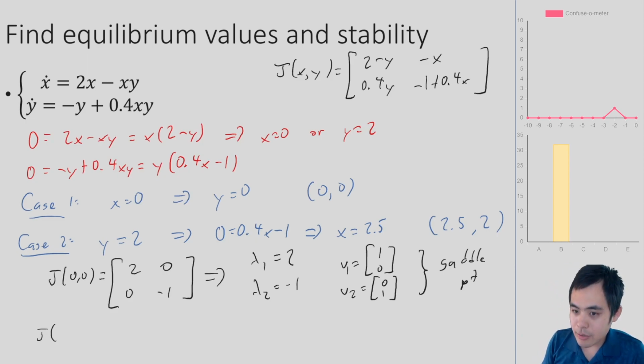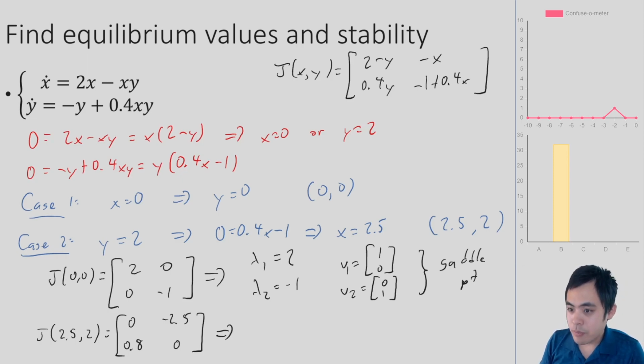And let's take a look at J of (0, 2.5). So this is the other equilibrium point. You get 0, minus 2.5, 0.8, and 0. If you actually solve this out, I'm not going to go through the full process, but you end up getting lambda squared plus 2 is equal to 0, and lambda is equal to plus or minus i times the square root of 2. So this is actually a center,